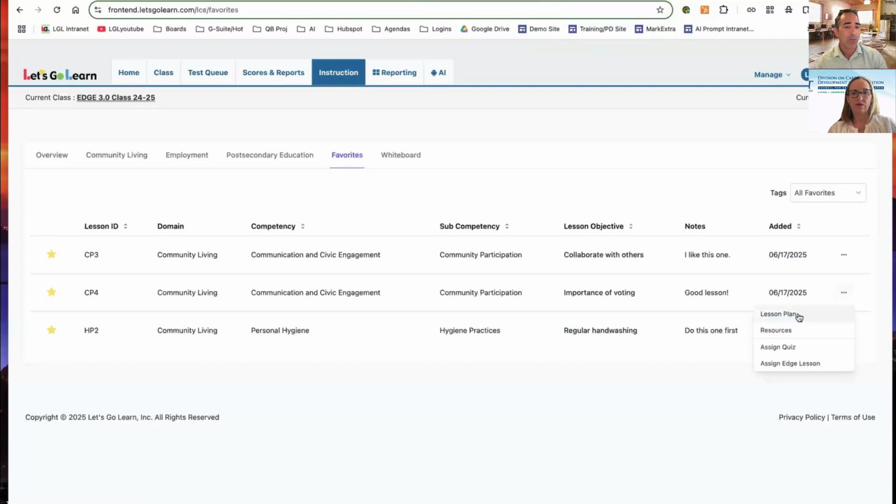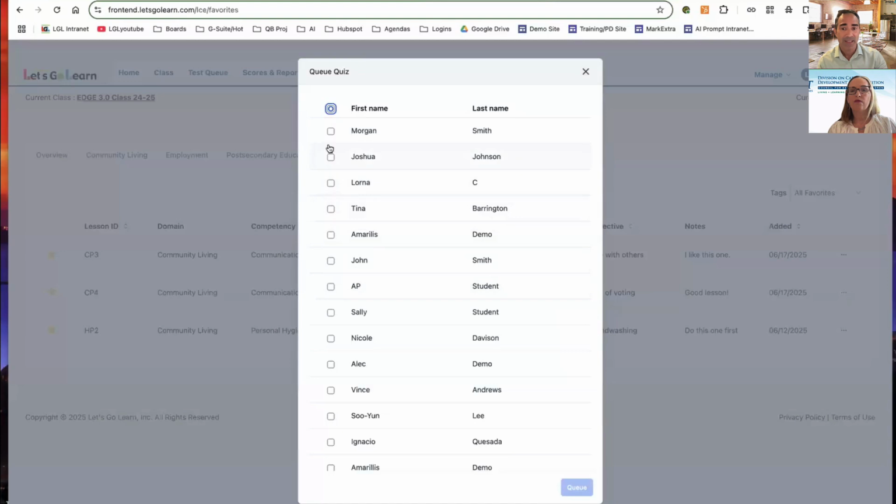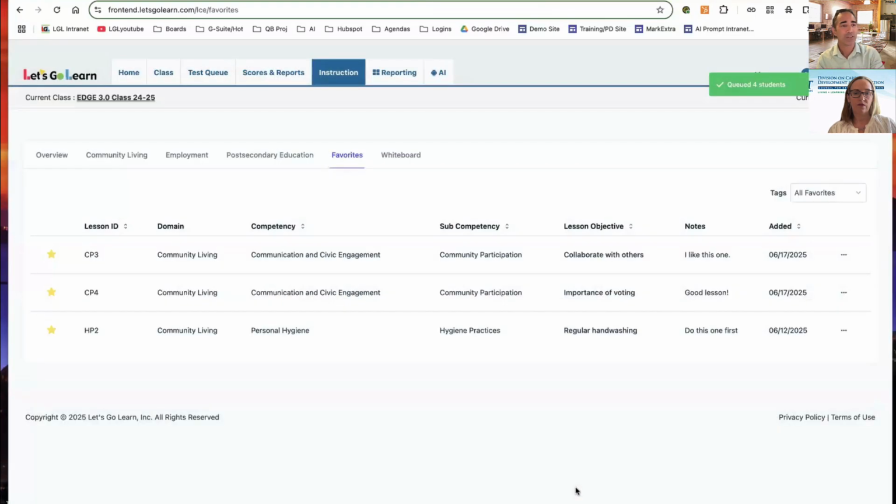And now I want to go ahead and assign a quiz to students. I could also do a pre-quiz and post-quiz, so I could assign it twice. I can click assign quiz, and then I can select the students in my class or whoever I'm working with, these four students, and I say assign. And now those four students were assigned a quiz associated with that specific lesson plan, right? So it's very simple to use, and this is part of our normal testing system.